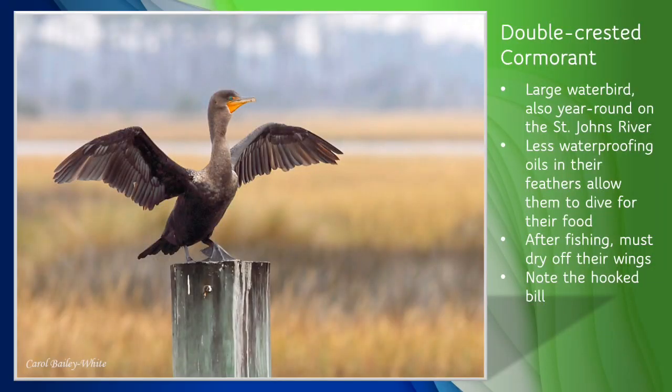Next is the double-crested cormorant. These are large water birds at around 2 to 2.5 feet tall, and they can also be seen year-round in Florida. Their feathers have less waterproofing oils than other birds, which allows them to dive underwater to catch fish and other small prey. Their webbed feet allow them to swim fast and chase fish underwater, and they can actually stay underwater for over a minute. After fishing, they have to dry out their wings before they can fly, as shown in the photo. Note the hooked bill, distinguishing them from the somewhat similar